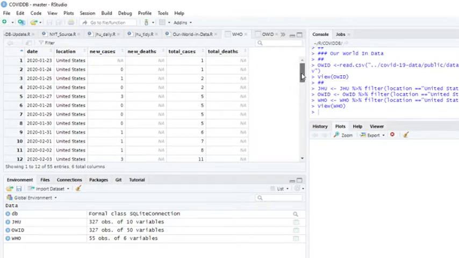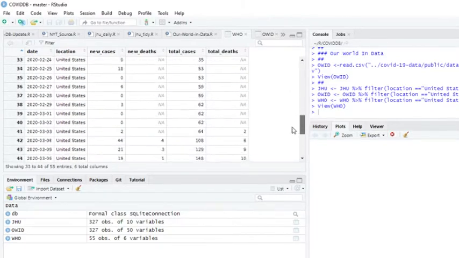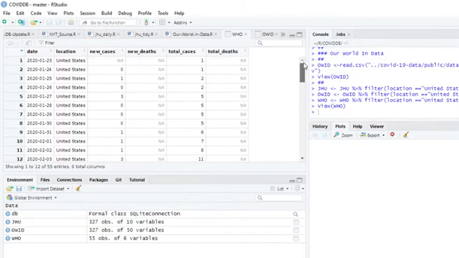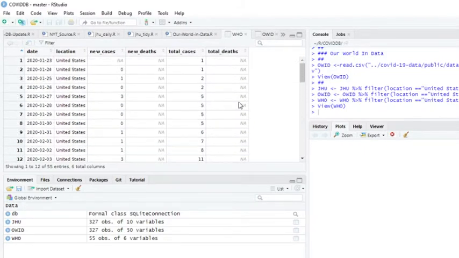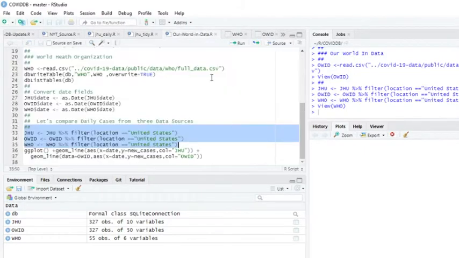Are those weekly numbers? That's kind of strange, isn't it? That's really strange, isn't it? Okay. So the trouble is with the WHO.